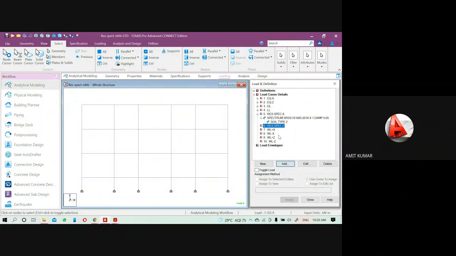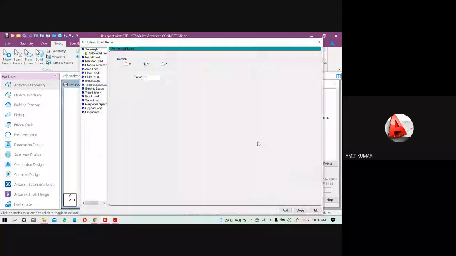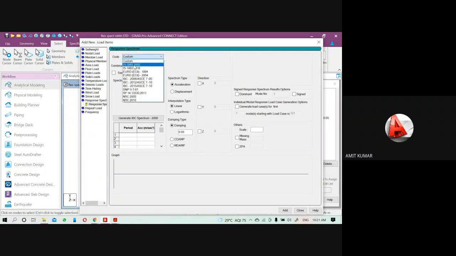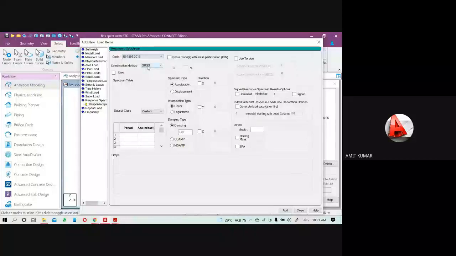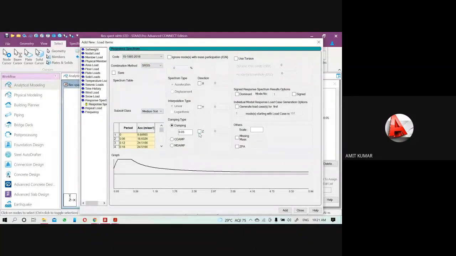Come to the response spectrum Z, click on add, go to the response spectra, same, just pick the design code, combination method, soil type, and direction factor this time is 1. Click on add, then close.